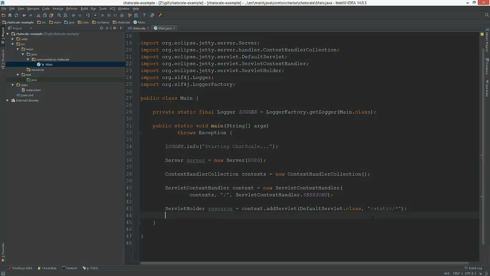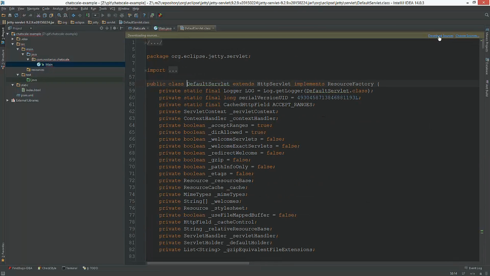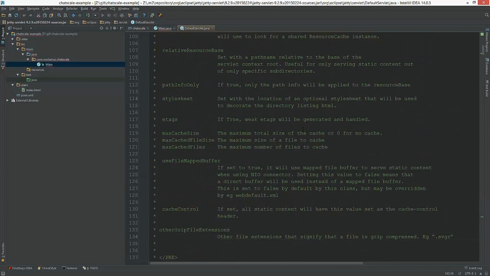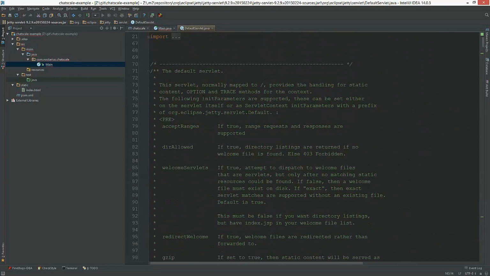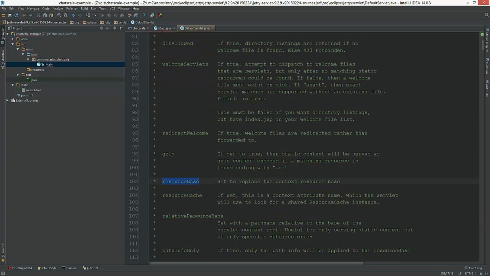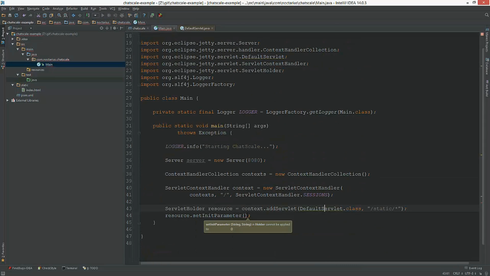As far as I remember, we can just set all those things as init parameters. Maybe there's some documentation. Download source. There we get the documentation, and it says init parameters. Okay, so we have resource base, which should be the path where we have our data or our static resources,